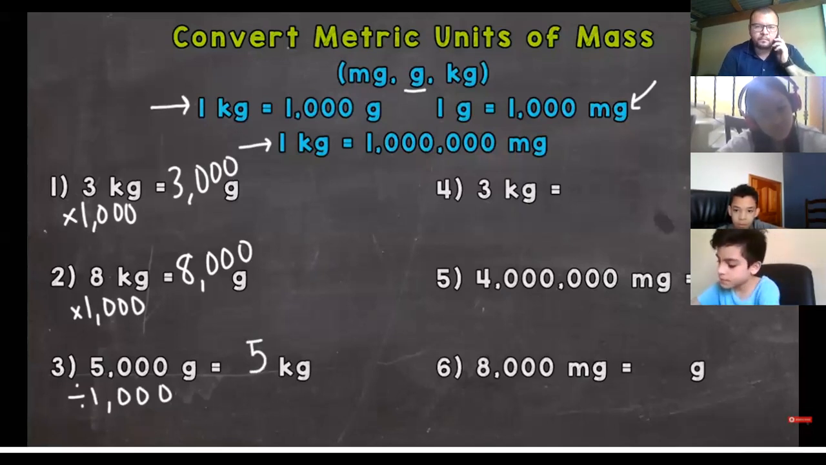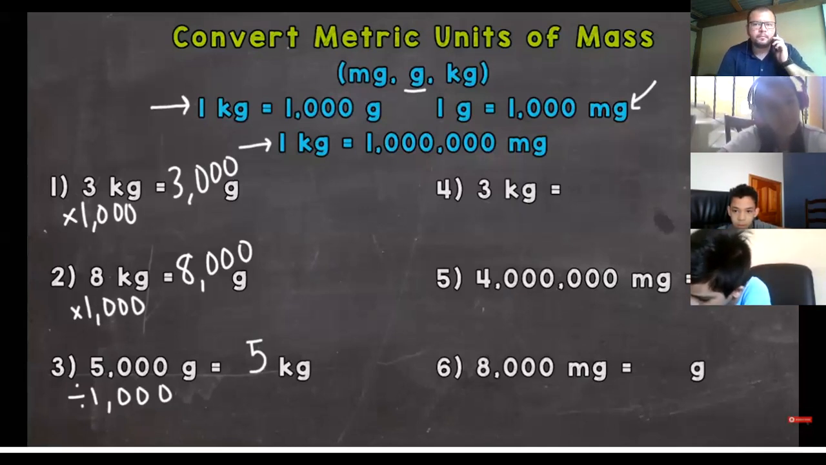Number 4, we're going from kilograms to milligrams. So 3 kilograms. Each one of those kilograms is 1,000,000 milligrams. So 1,000,000